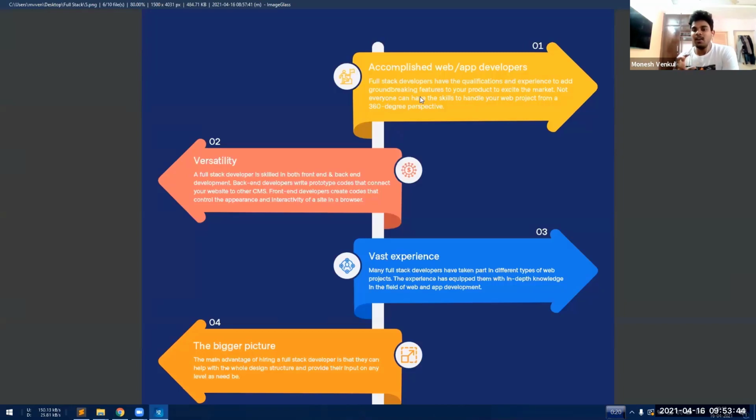But if you are not so good at data structures, if you're having trouble learning about data structures or algorithms or the core aspects of our CSE, then you come to full stack development. This is the area where, even if you don't have the core aspects, you can shine in your career, you can shine in your life. Because in full stack development, you will not be writing everyday code. You'll be managing your project.